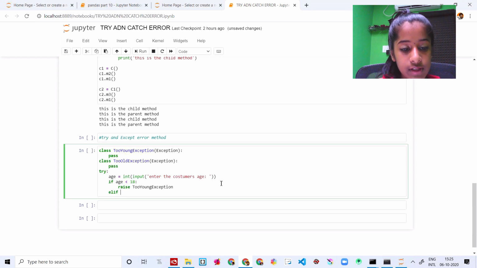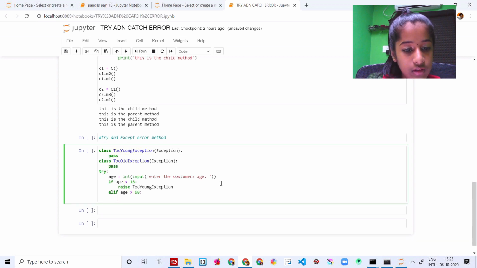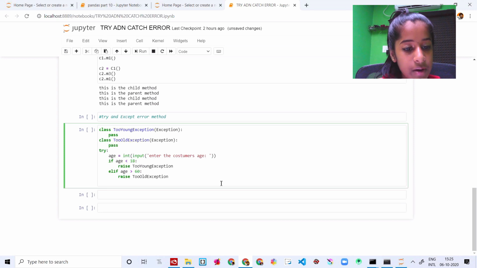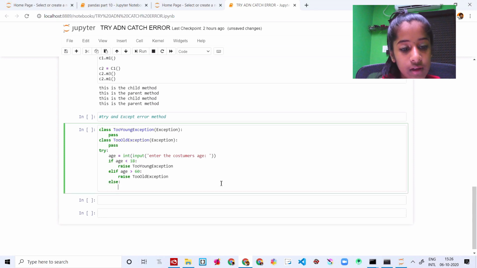Then else if age is greater than 60, we're going to say raise TooOldException like this. Now this is completed. We're going to say else, your movie ticket is booked.